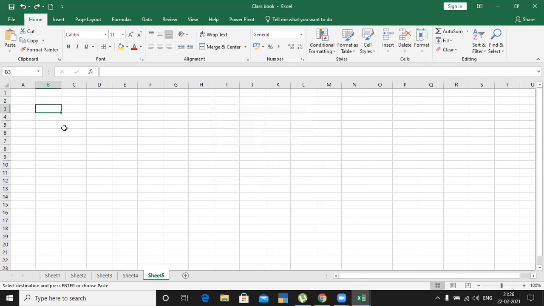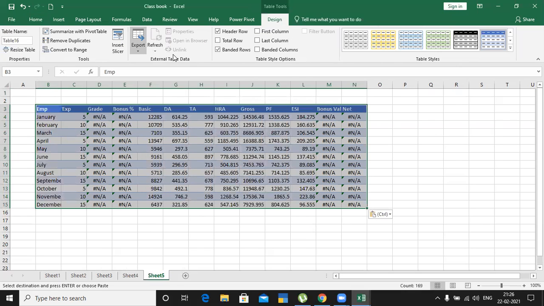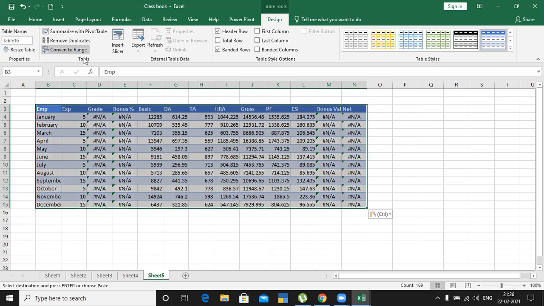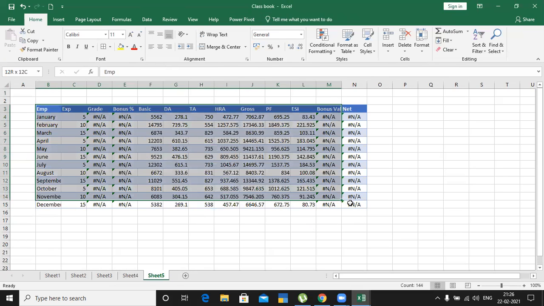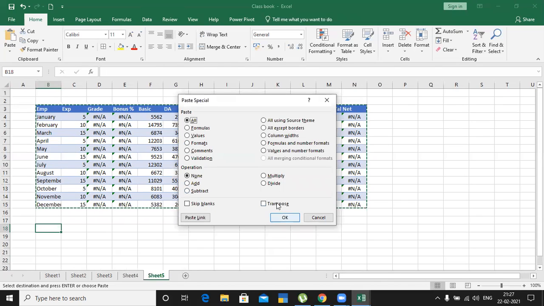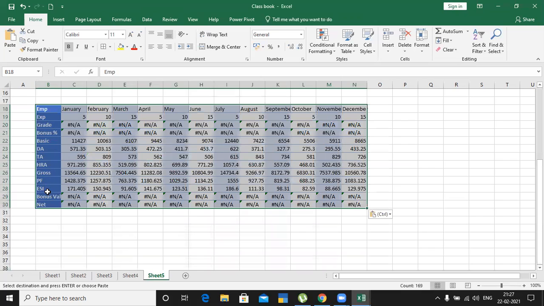Okay, what I have to do is I have to convert this range. This is your table actually. So convert this table to range. How can I convert? Clicking this area, convert it, and it will become normal range. Now after converting into range, place the cursor, go to paste special and select transpose and you click OK. See what happened now? So now it's converted into horizontal.